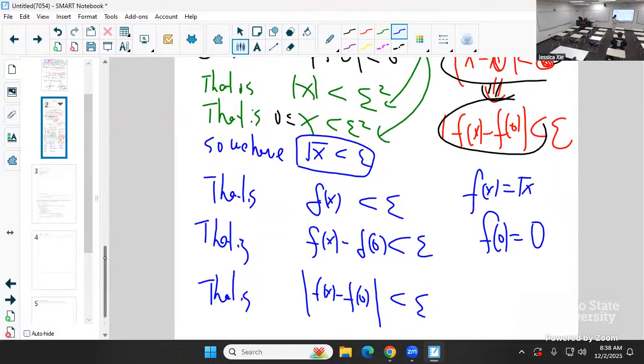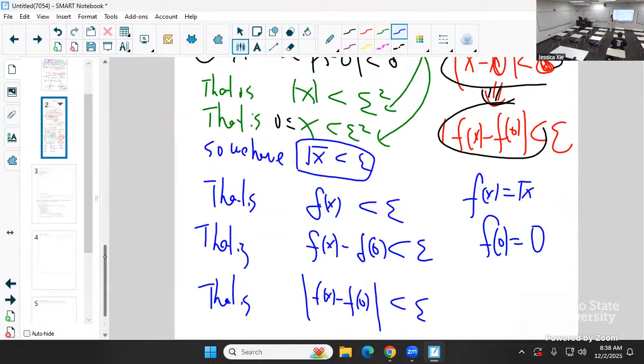Why are we able to add the square root? Because f of x equal to square root of x is always non-negative. For a non-negative real number, with or without the epsilon sign, they are the same, right? That's it. So we are able to do that.